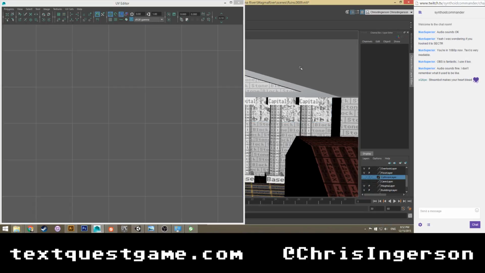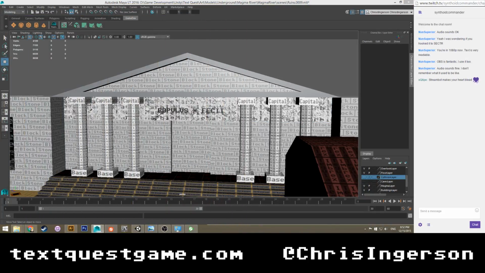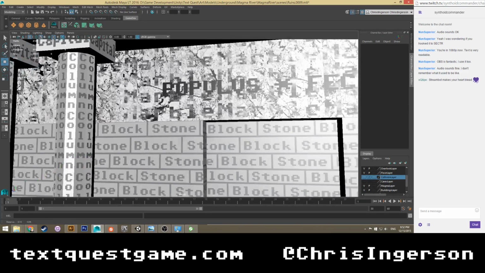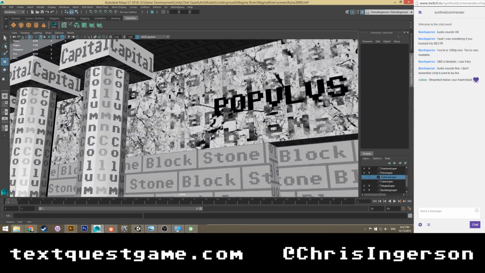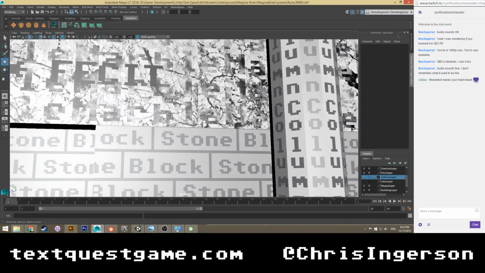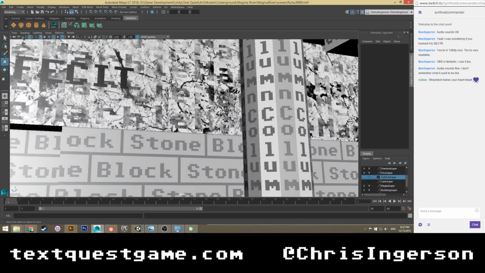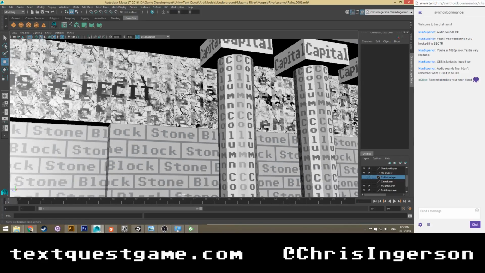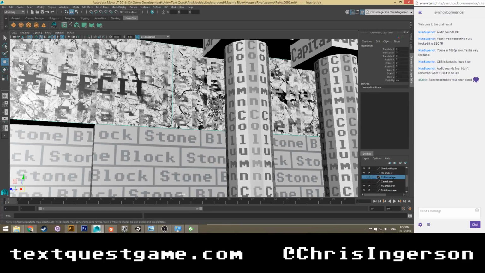So let's go to object mode. Move this back over to the left so I can actually see what I'm doing. So we get marble, marble, marble, marble. Okay, not crazy about that. It's a pretty sudden shift in color. Okay, let me try this one more time.